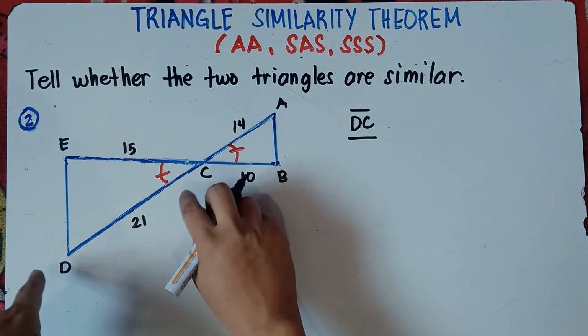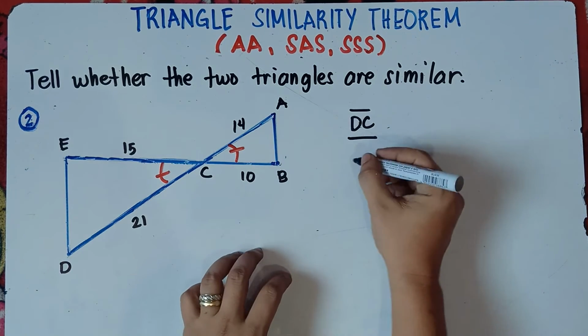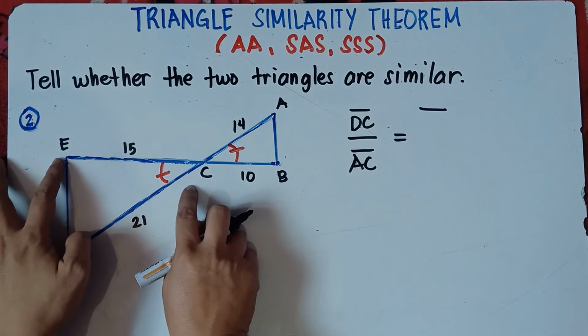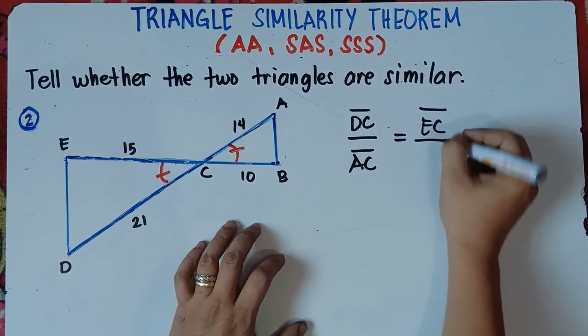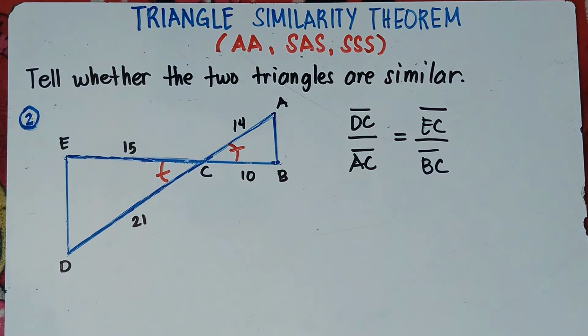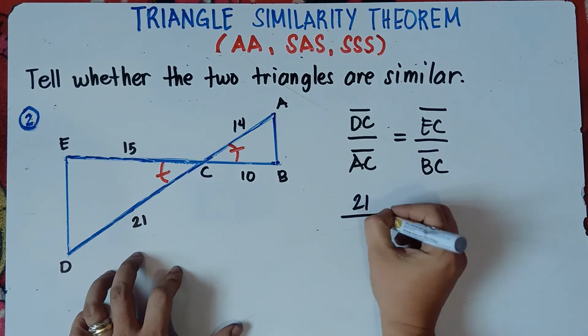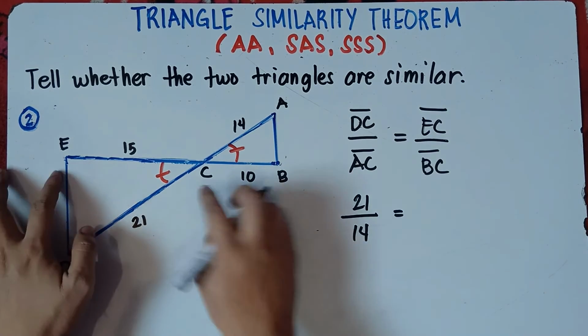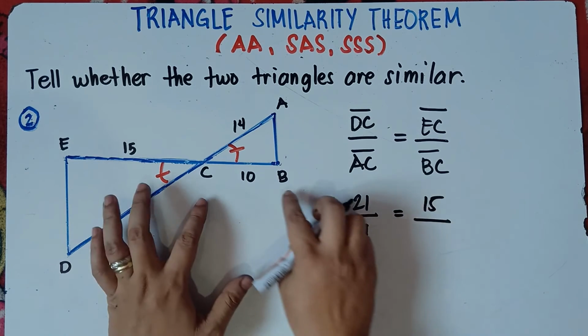Okay, the corresponding side DC corresponds to AC, over AC is equal to line segment EC over BC. Alright, so DC, that is 21, over AC, that is 14, equals EC, that is 15, over BC, that is